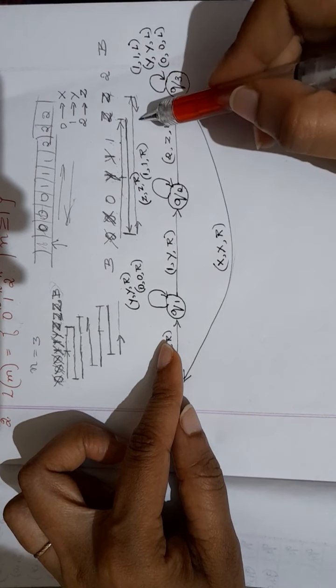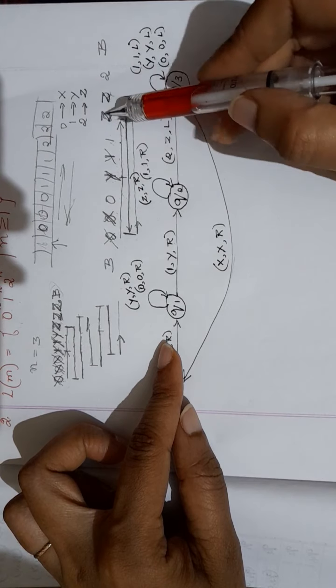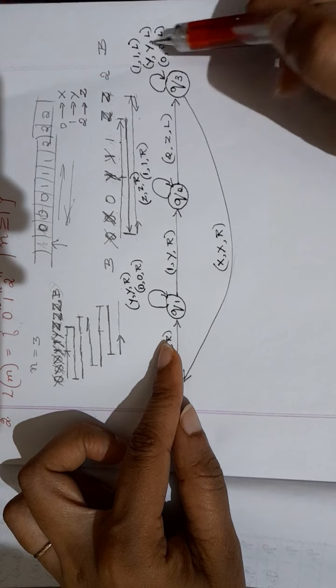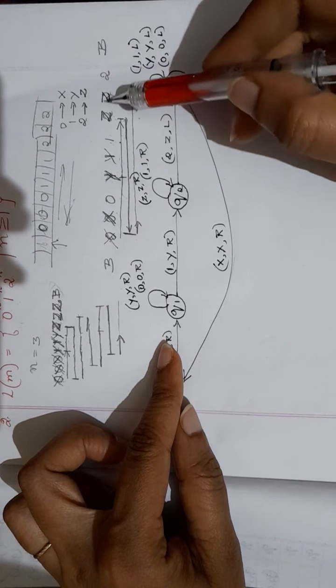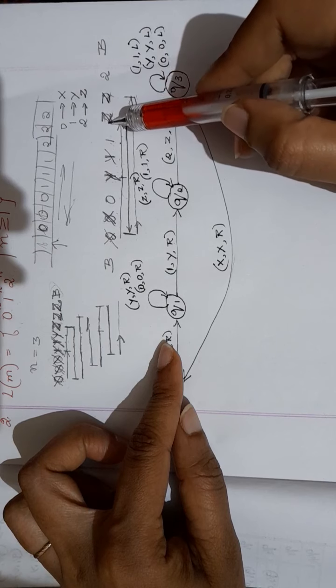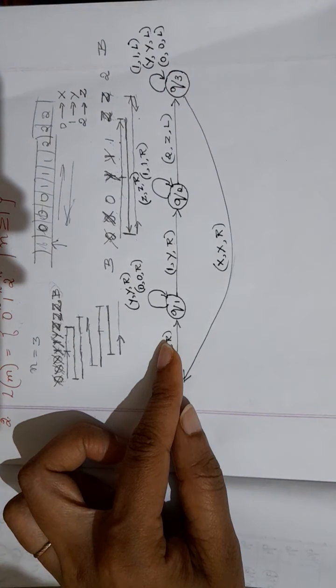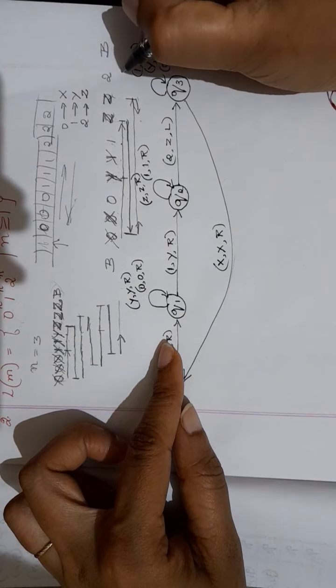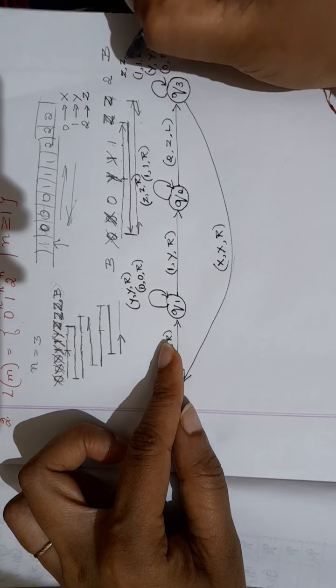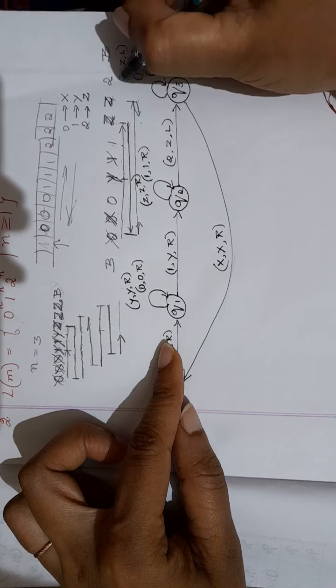Now when I change the direction, I got one more new input character here, that is Z. I have not written it here because in the beginning you didn't have this case. So if I am reading Z, I should keep it as Z itself and then move left. So I have one more transition here.